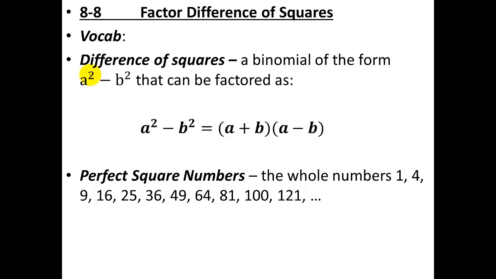So first is the difference of squares. A difference of squares is a binomial. That means there's two terms in the form of a squared minus b squared. So you have some number at the front, which is a perfect square, and some number at the back, which is a perfect square. And we can factor it by using the sum times, or product of a sum and